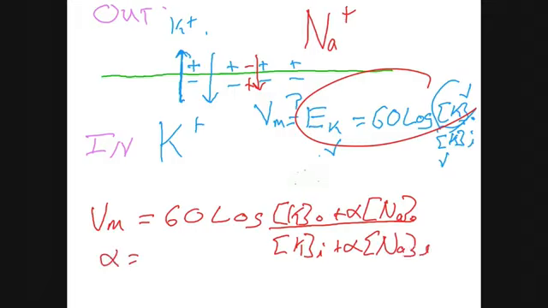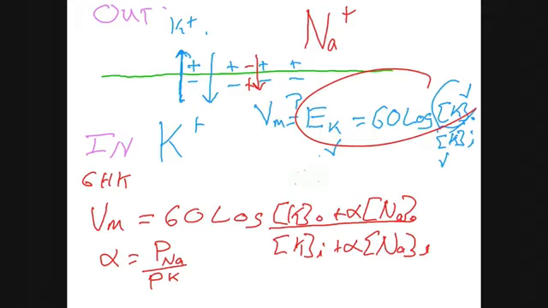Alpha is the ratio of the sodium permeability to the potassium permeability. Permeability is just a measure of the ease at which an ion can move through a channel. Now this looks complicated at first. By the way, this is the Goldman-Hodgkin-Katz equation, after the names of the individuals who developed it. Goldman developed this equation while he was a medical student at Columbia University in the 1950s. Okay, so this looks complicated at first, but let's pare it down to size, right?